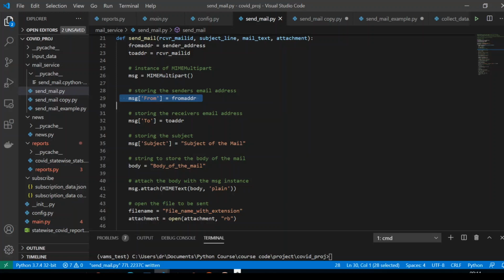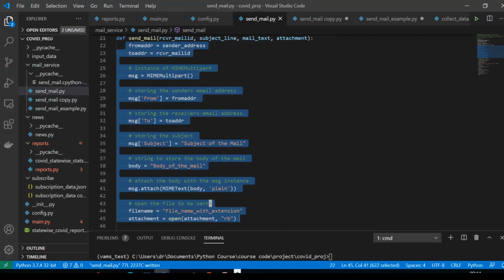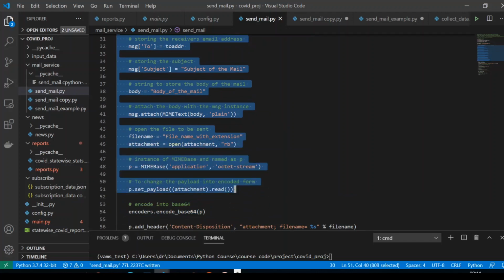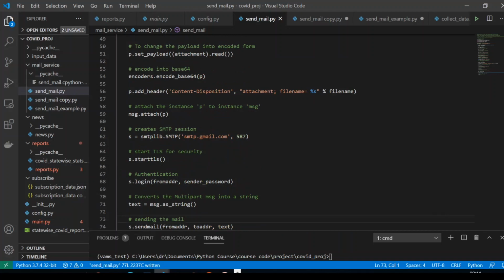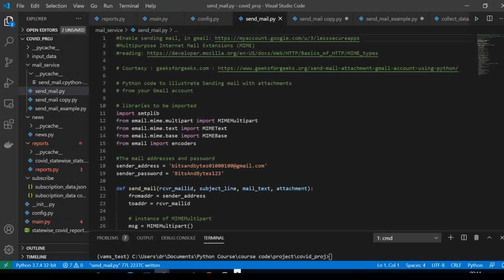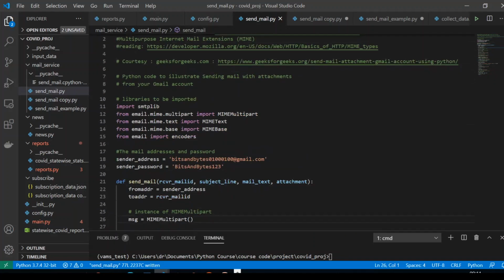That is what we are doing here. It's actually a small function. It is separated by comments and blank lines, which is why it looks a little big, but it is only a few lines of code.